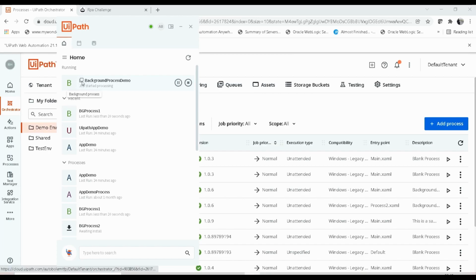If you are seeing something like this square box, it means your process is running in a background way, it's a background process. That's why this square box is there. So the job started processing.